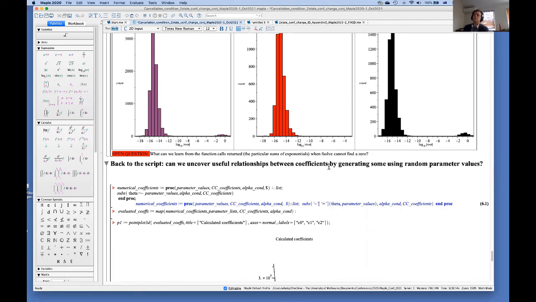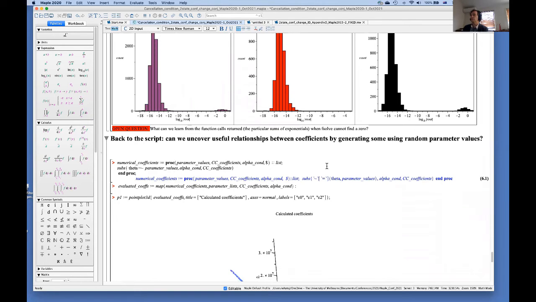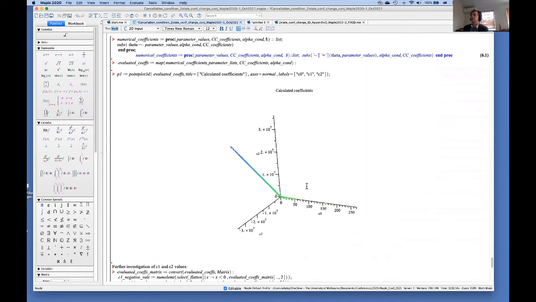So back to the script. This all started off with, I'm going to apply this numerical routine, and I'm going to get some idea about how this is going to inform the proof that I want to tighten up. And what we can do is just take those coefficients that were pulled off of the sum of exponentials earlier and just evaluate those at those beta values that were generated earlier, and look at the results that we get.